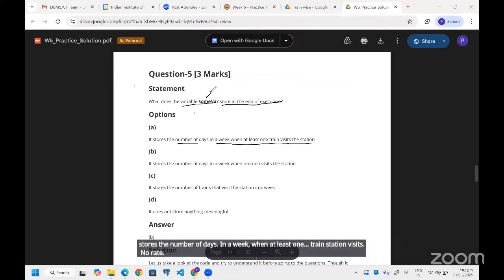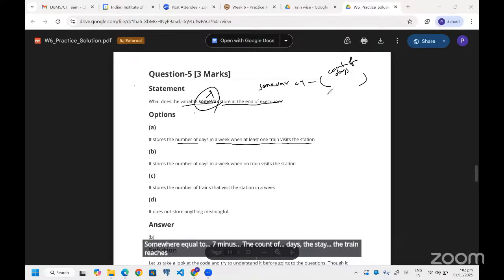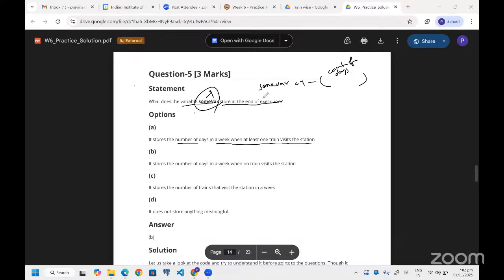Somewhere stores 7 minus the count of days the train reaches the station. So it's the number of days when no train visits that station in a week. So option B is correct. No doubt here? No, sir.